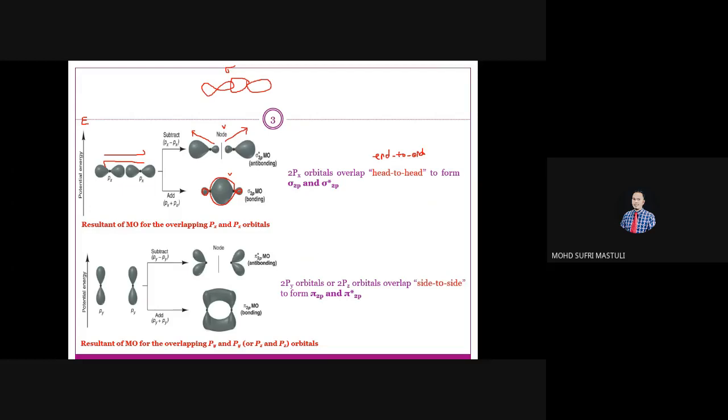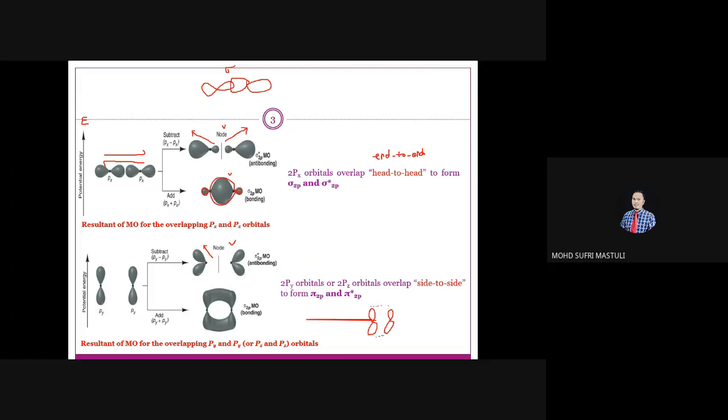So for the PY, we know PY is pi component or pi bonding. So the PY for the bonding becomes like this, or you can draw it like this as you did previously. You just connect them using a dotted line to form a pi. However, for the anti-bonding, they have a node in the middle, so the PY will be